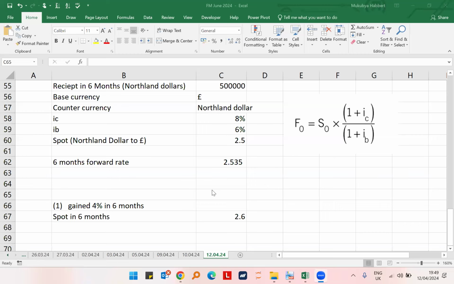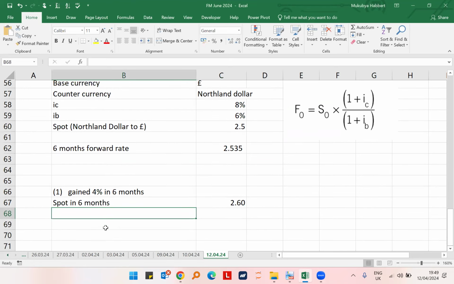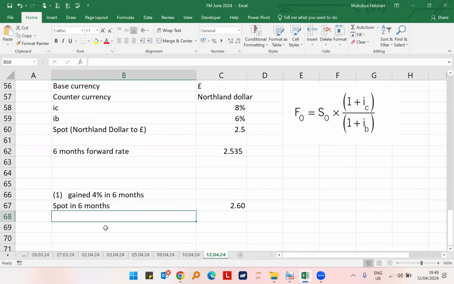So we are saying that if the spot was 2.5 six months ago, now in six months' time it will have become 2.6 if it grows by 4%. Okay, so that's the first scenario that they asked us to consider. So now remember, what would happen if I made a receipt? So if I convert without the spot, I mean without the forward rate,